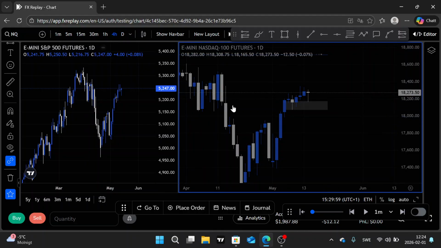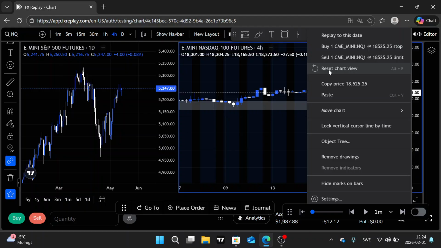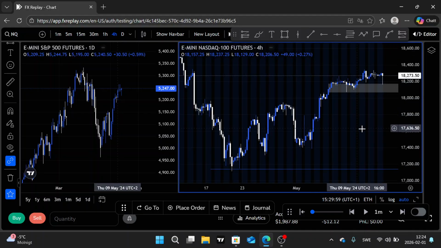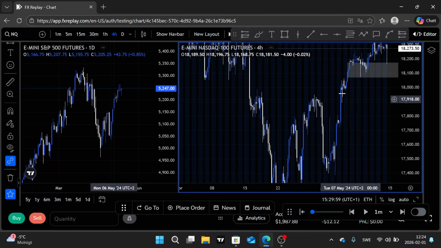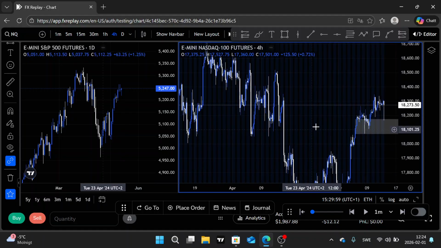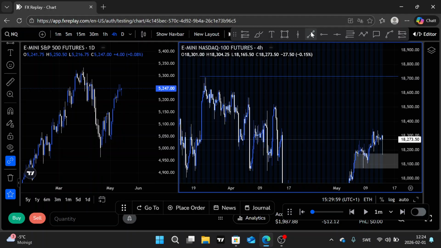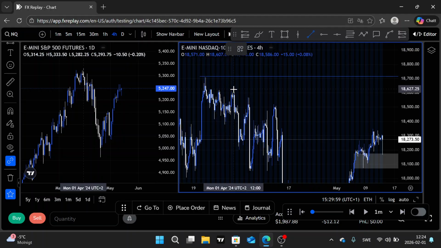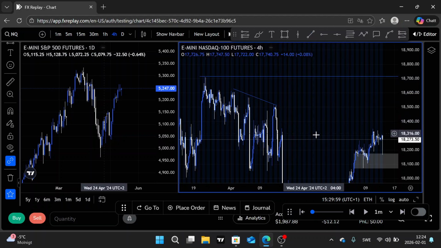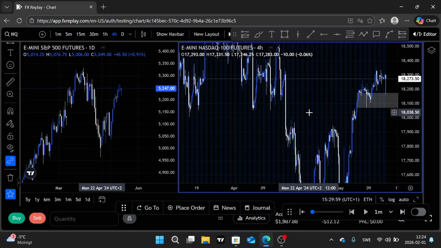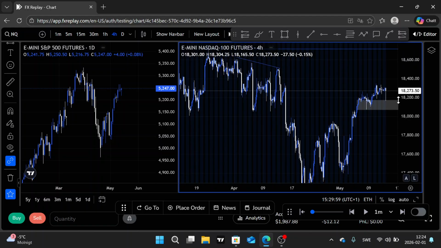and then we go on 4-hour time frame. Reset the chart. This is how it looks on the 4-hour. This looks like low resistance liquidity on higher time frame. So once one of them gets taken, all of them will get taken. So